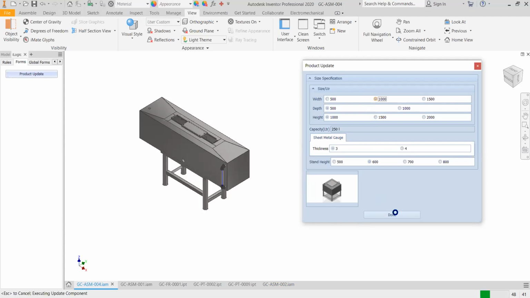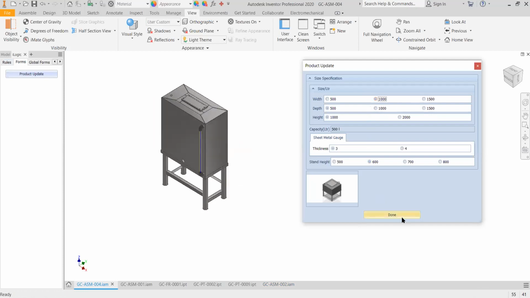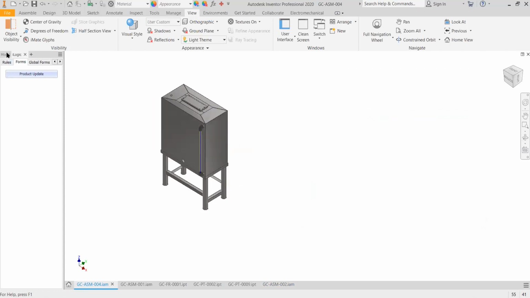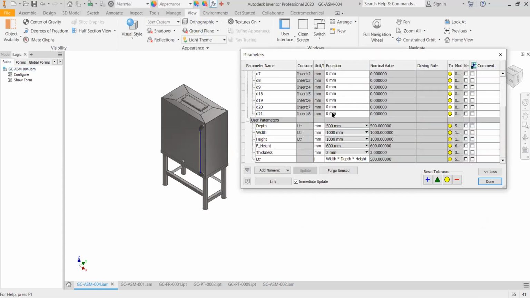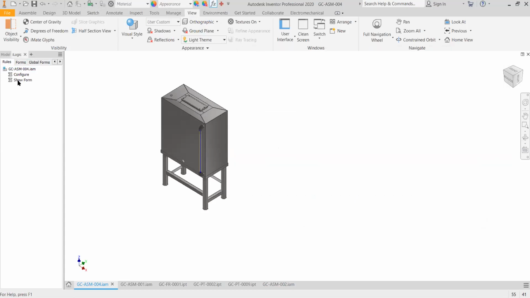So you're linking a sub-assembly with the main assembly. First thing, don't forget to always set up your parameters first: depth, width, height, thickness, frame height, liters, the things that are important to your model, to drive your model. Then you come into the configure,